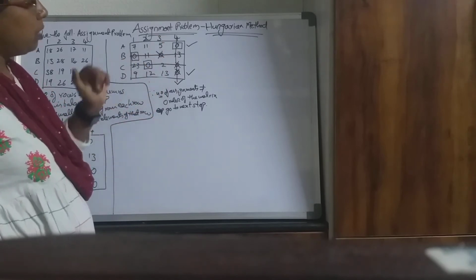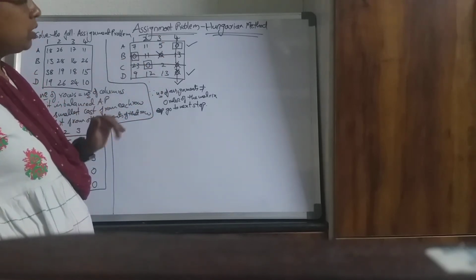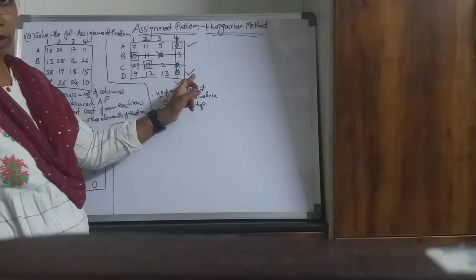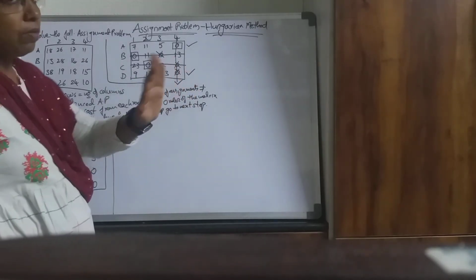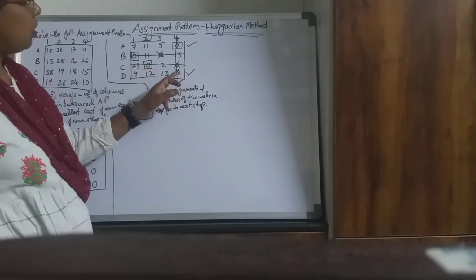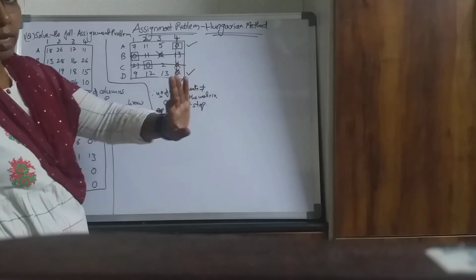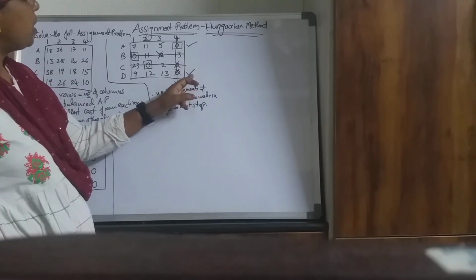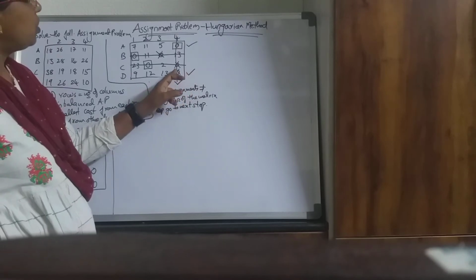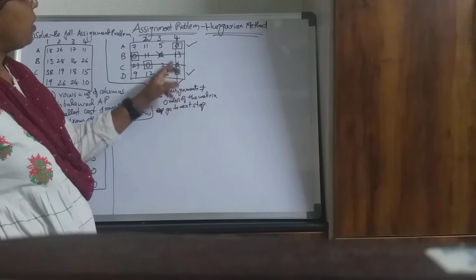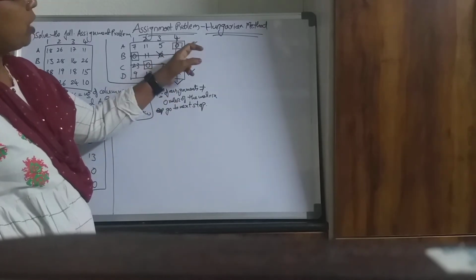Now to draw that minimum number of lines, first you have to put a tick mark to the row which doesn't have any line passing through it, which doesn't have any assignment. So here the 4th row was not having any assignment. I put a tick mark to this row. In this marked row, wherever you have a crossed 0, mark that column. So this column I am marking. In this column I have an assignment here, so at that row I will mark.